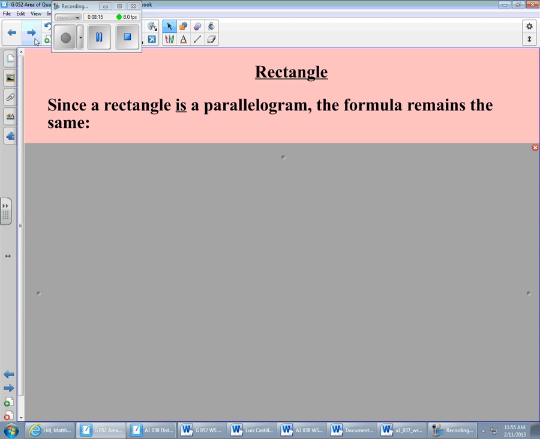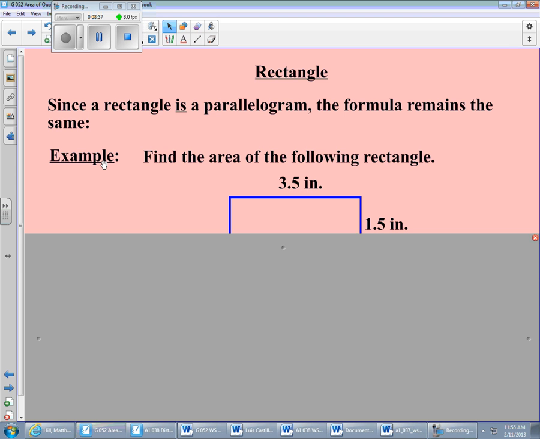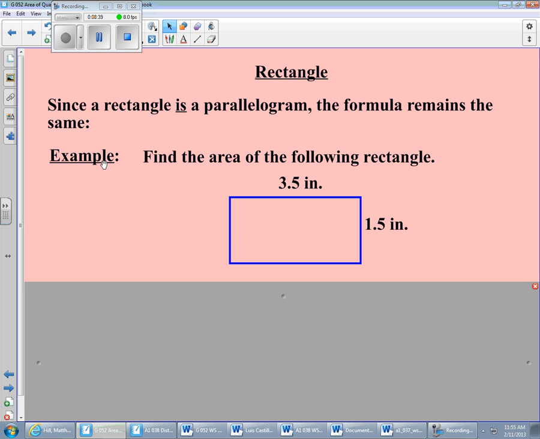All right, our friend the rectangle. Well, once again, a rectangle is a type of parallelogram. We have a formula for how to find the area of a parallelogram. So we will use the same formula to find the area of a rectangle. Rectangle is a little bit easier to work with,